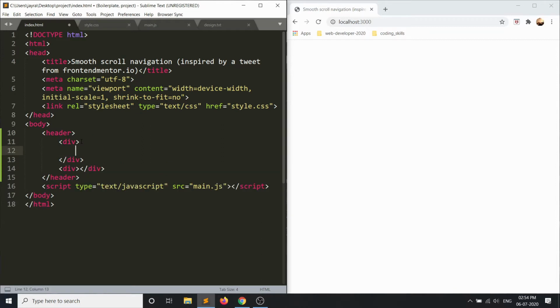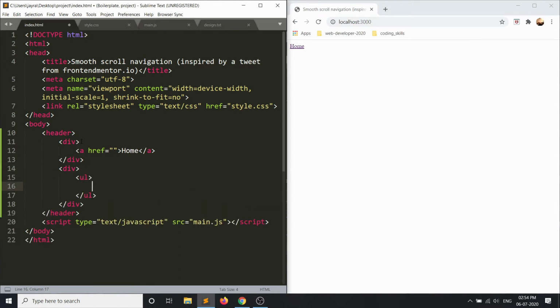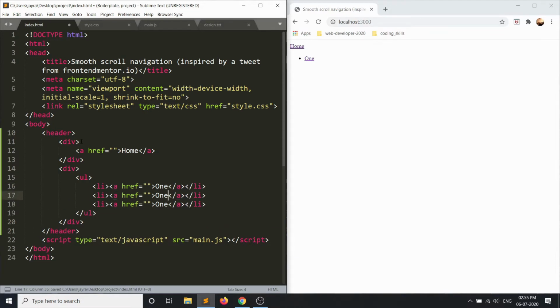So inside first div, let's have an anchor tag which just says home. Okay, and inside second div, let's create a unordered list UL, and inside that let's have our individual li elements, and inside li elements we'll create anchor tags. First one will just say 1. Let's copy that using Ctrl+Shift+T in Sublime Text. 2, and finally let's have 3. Okay,